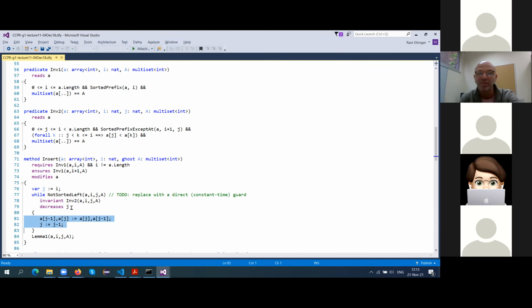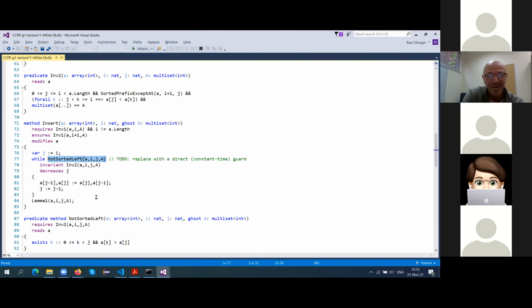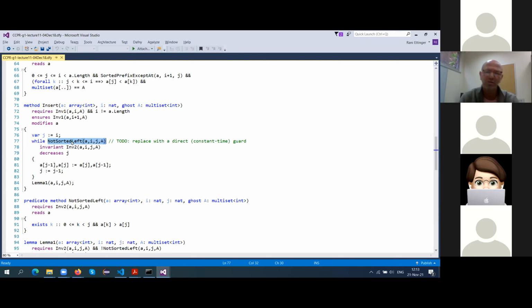And here, at the end of the second session, I wasn't fully deriving the program with refinement laws. I was skipping some steps, and my guard for the loop was really not efficient, like in Carroll Morgan's chapter. The guard said that there exists an element left of the current index that is bigger. So you need to continue working, but that's really not efficient, to have a quantifier in the guard.